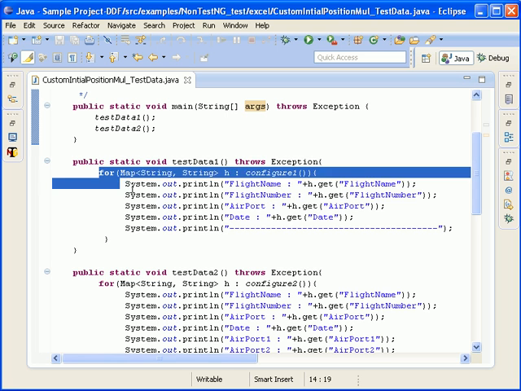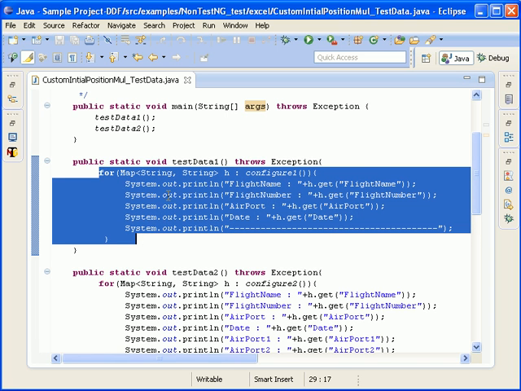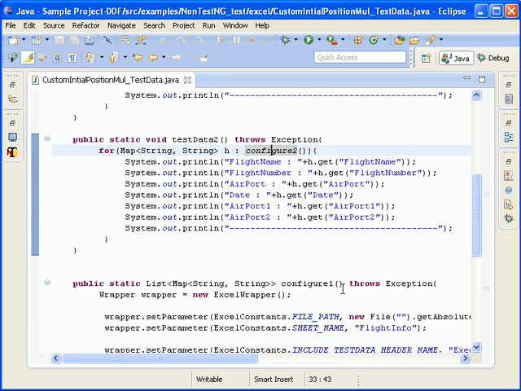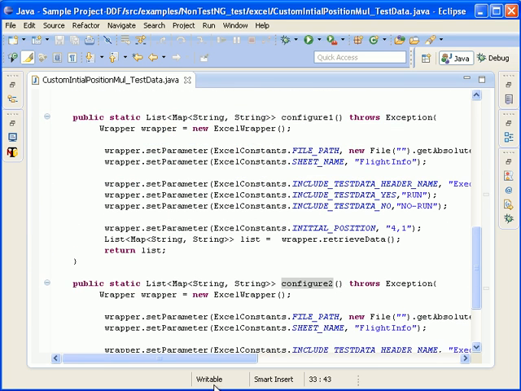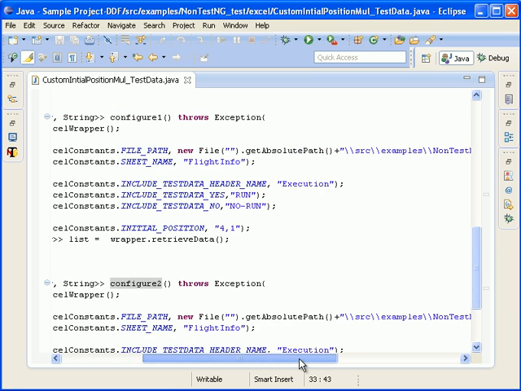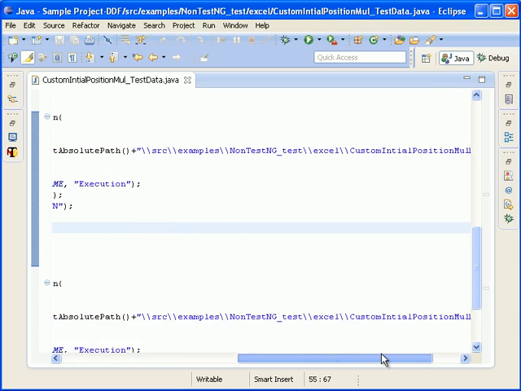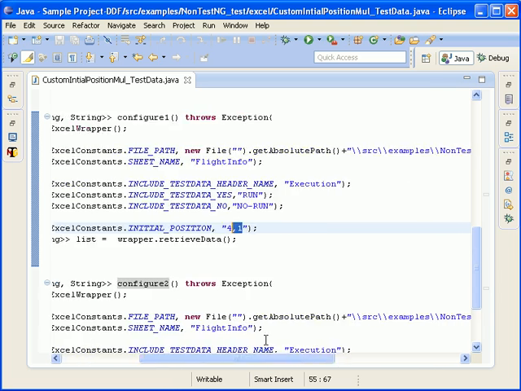So for reading the test data for each one, I have just marked the configure 1 and configure 2. These are like utility methods for reading the test data from the Excel sheet. So let me explain to you. So both sets of test data remain in the single sheet. So all this